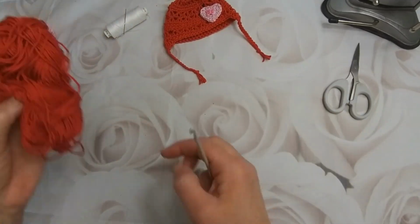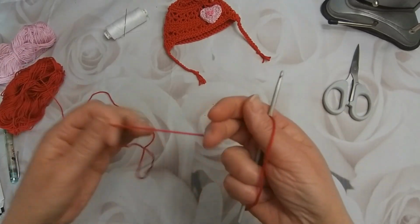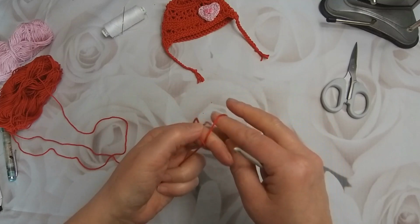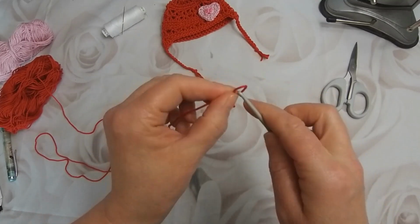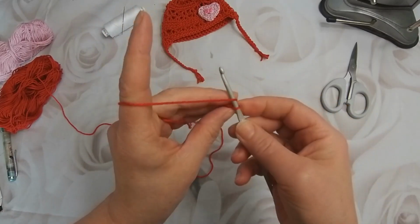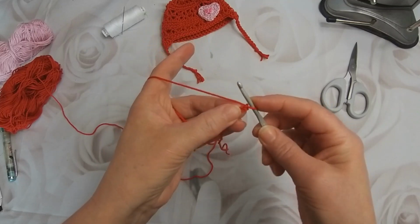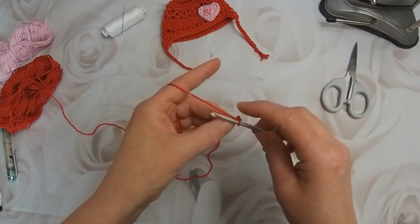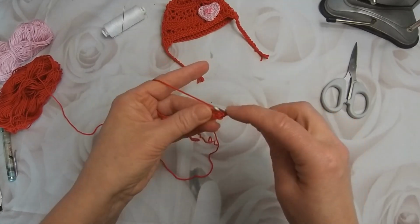Move everything out of the way and get my cotton going. Amigurumi-ish. It starts a bit like that, but we do have some trebles in there, so then it does change, obviously. So, slip knot onto our hook. Our 2 chain, as I said, this is the amigurumi bit. 2 chain. And then we're going to go into the first chain. We're going to do 6 double crochets. Again, you've seen me do this hundreds of times if you watch my others. Hundreds, I haven't done hundreds of videos. There we go. 2,